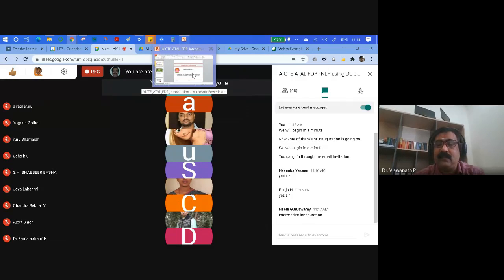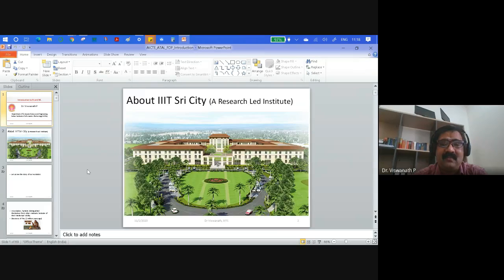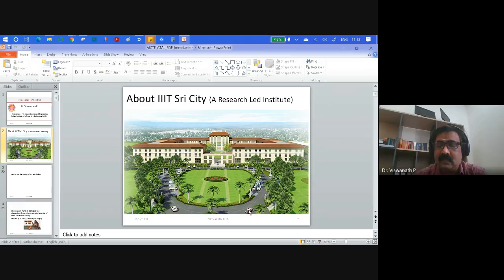Okay, so now let us begin this one. So in the introduction on AI and ML, let us quickly see about what is ML basically. This is the institute, and